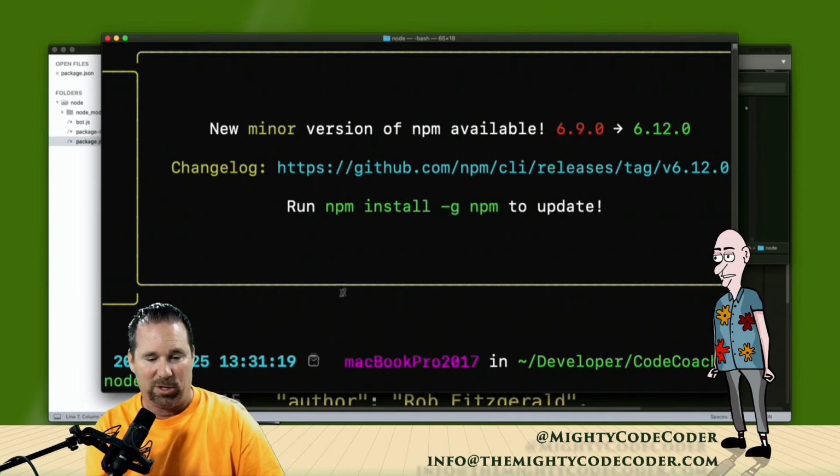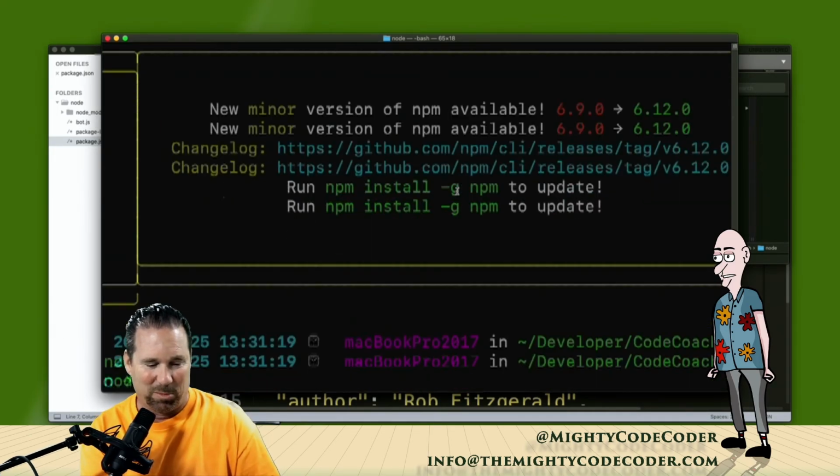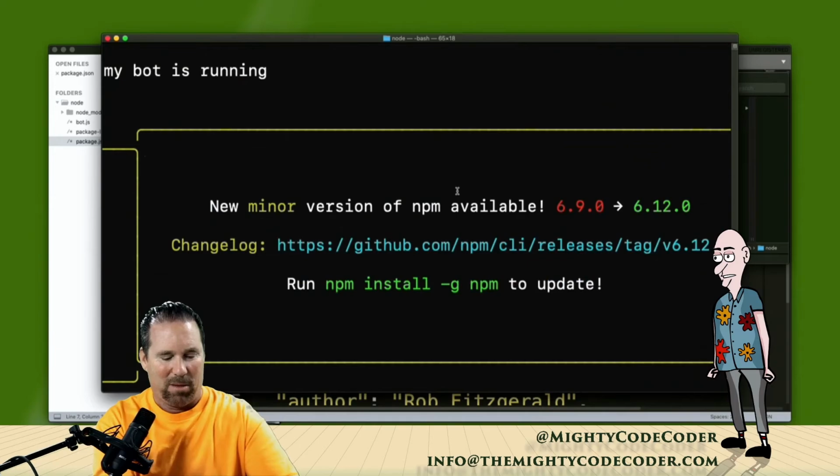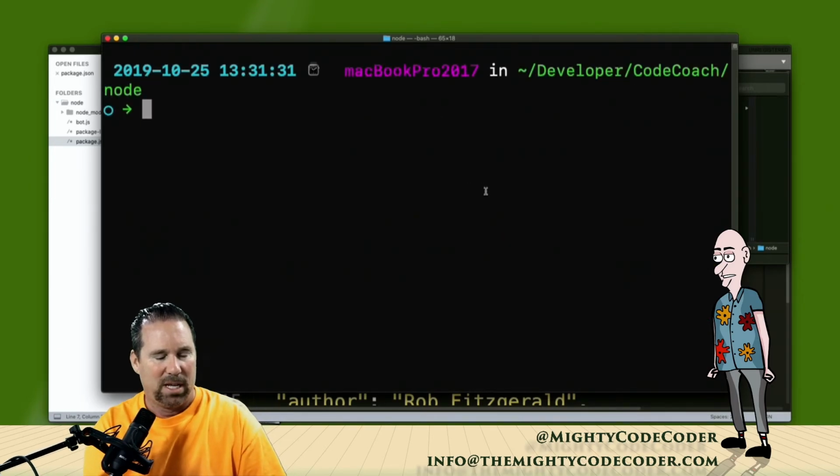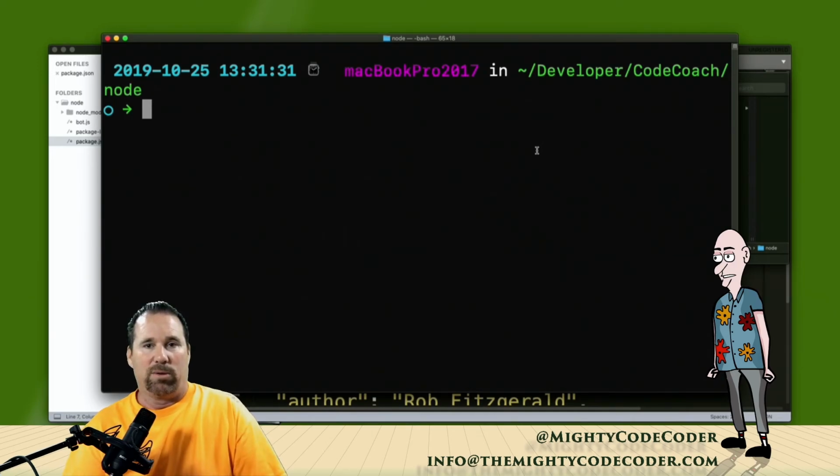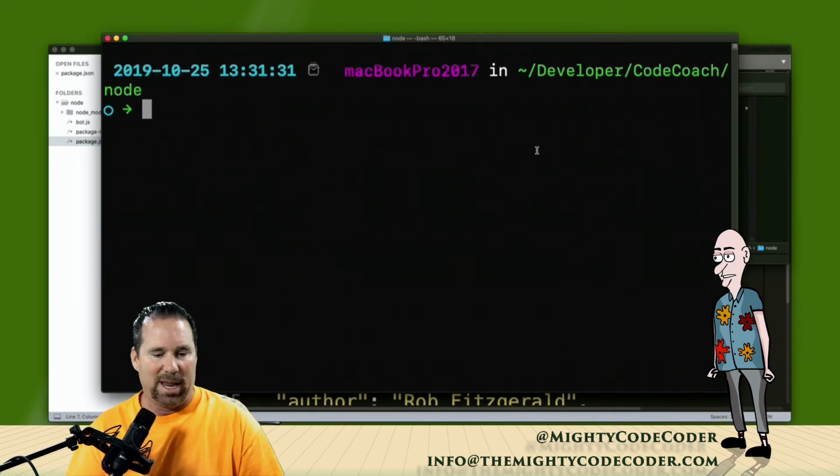And it's telling me there's a new version of NPM available, which I should probably update. But it basically ran that file. Okay, so that's kind of a neat little start for you. All right, so now let's try to connect our twit package to our